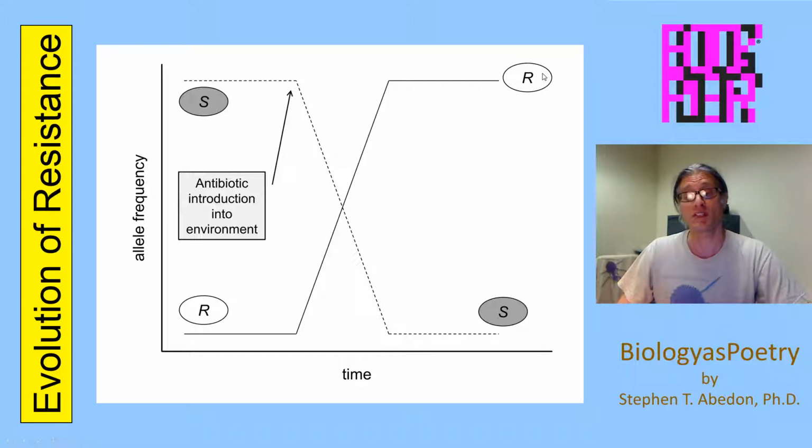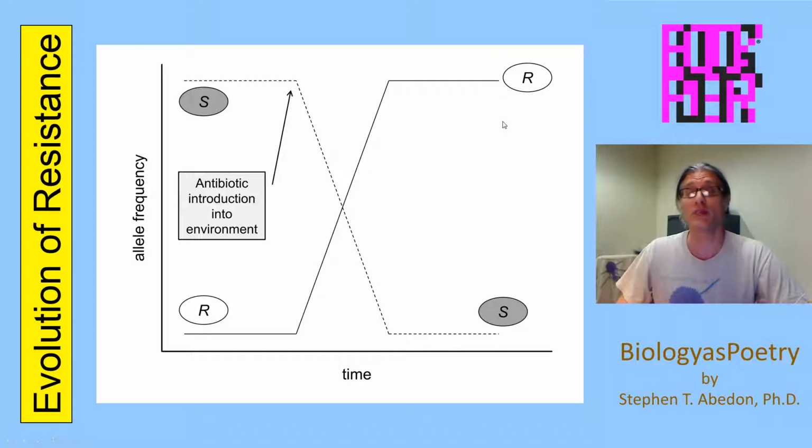something close to fixation. If this were a community, instead you would have a community that consists of both sensitive and resistant individuals. We'll say here that in the absence of the antibiotic, most of the individuals in fact are sensitive. Again, this would be assuming that there's some cost probably to resistance to the antibiotic. And then when the antibiotic is applied, the community declines in terms of numbers of sensitive individuals, species of sensitive individuals, and you get an increase in the frequency or numbers of the individuals that in fact are resistant to